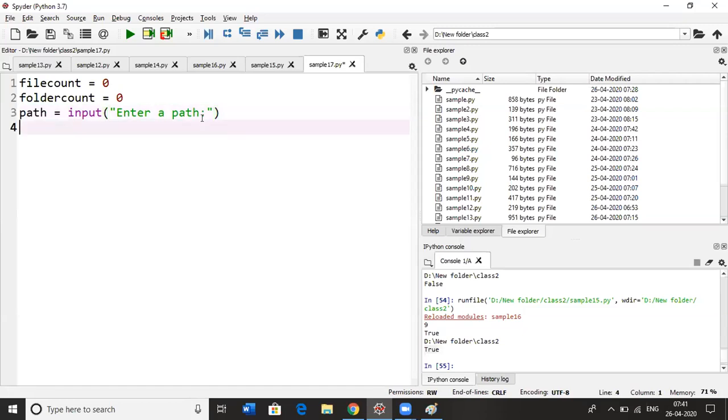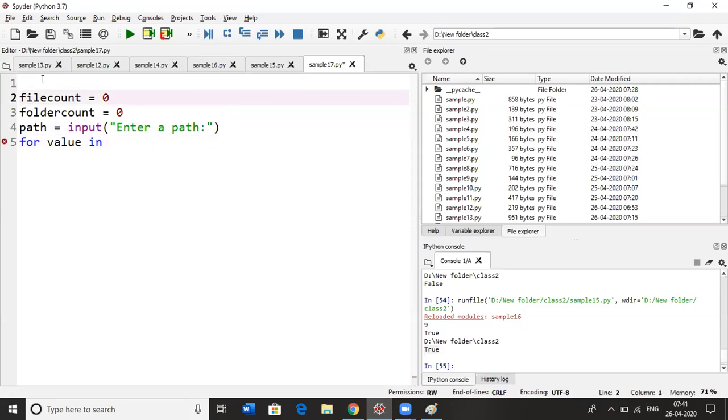So let's say for value in, first we need to import the os module to list the directory.